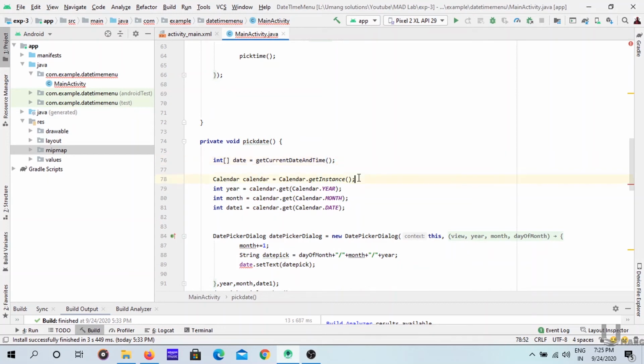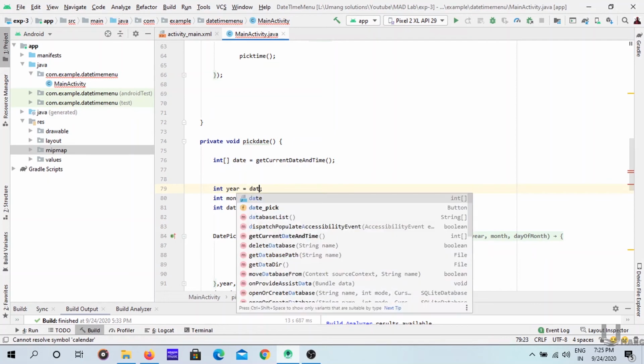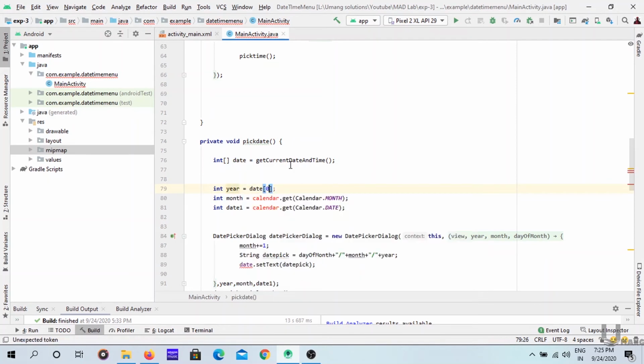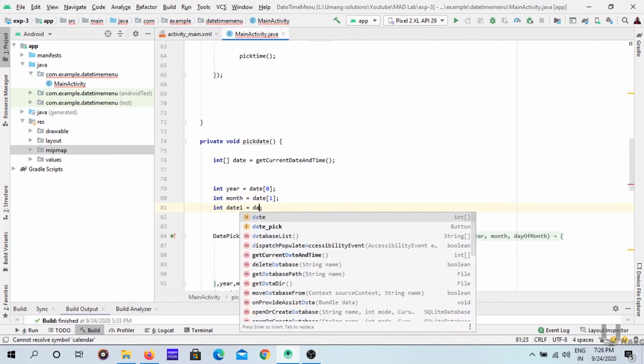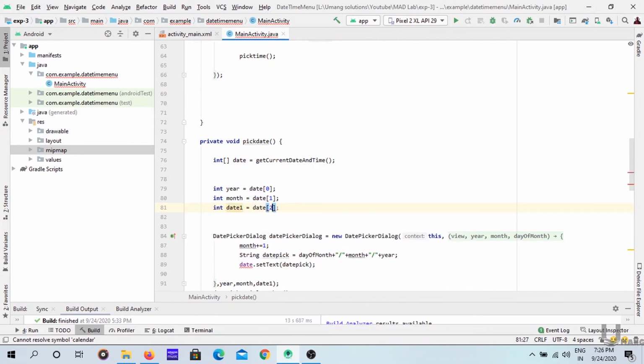Now remove these things, and here we'll use date of 0. Here month is date of 1. Here date is date of 2. So that's it.